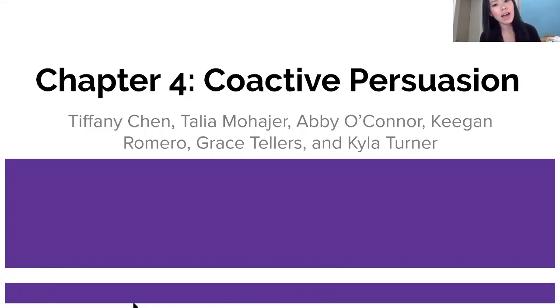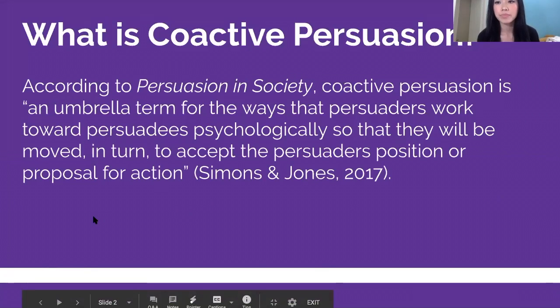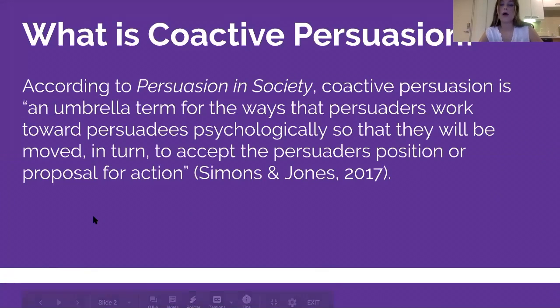And now, Abby will talk about what coactive persuasion is. Okay, so Chapter 4 focuses on coactive persuasion. So what is coactive persuasion? According to Persuasion in Society, coactive persuasion is an umbrella term used for the ways that persuaders work towards persuadees psychologically so that they will be moved to accept the persuader's position or proposal for